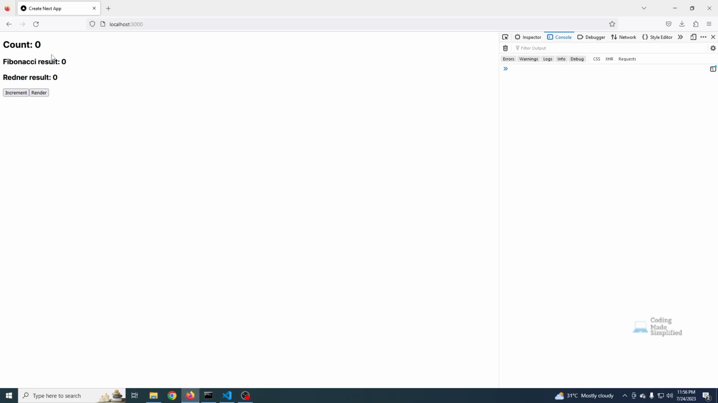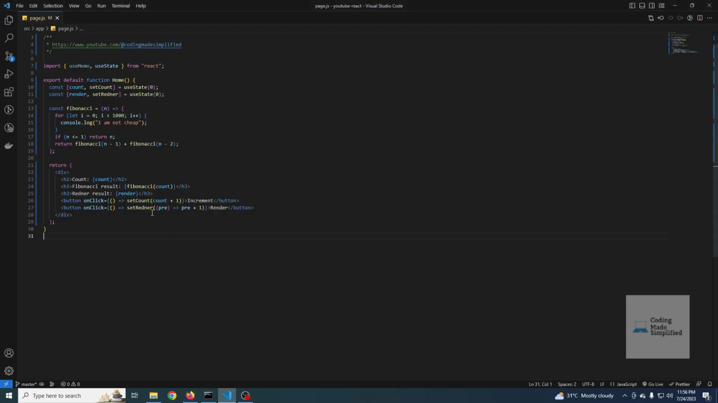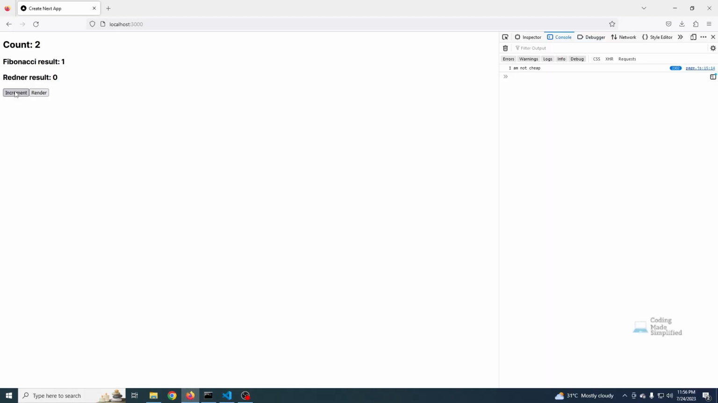So here I have my increment button, and if I click it, that loop will run because this function gets executed. Now if I click it twice or thrice, every time that component will re-render and that function will be executed again and again, and that should be because every time the count is changed, we need a new result